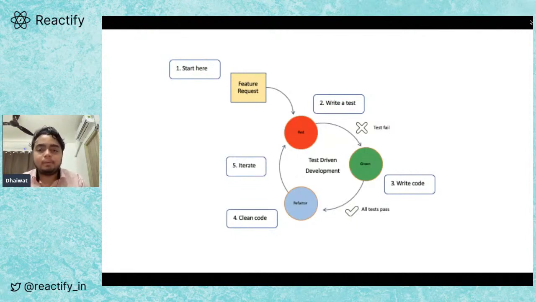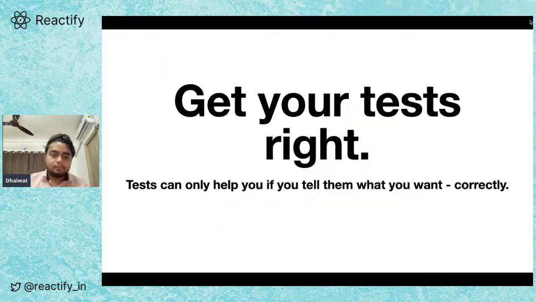But that's not the end of the road. Now that you have a working solution, you clean your code, you refactor it, and get the feedback from the tests again. You see how in this cycle, one constant thing is the feedback from your test, and this is so important, and this can relieve your stress so much. I cannot stress this enough. It is so important that you are getting feedback all the time, because that's the only way to objectively decide whether your component is behaving the way you want it to. Okay, let's move on.